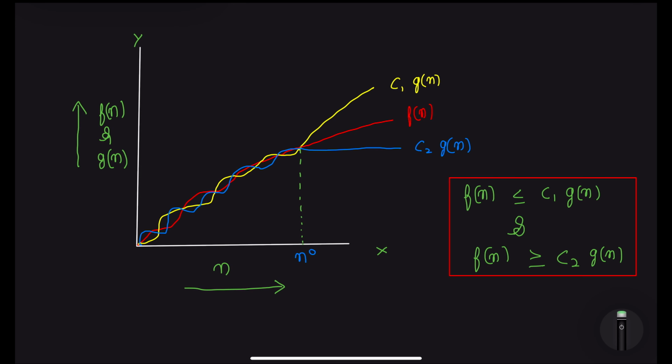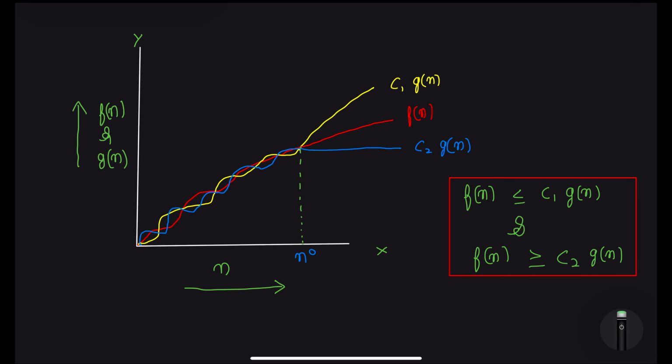Now let's understand theta with the help of a graph. On the y-axis we have f(n) and g(n), and on the x-axis we have n. You can see that until a certain point, which is n naught, all three functions, c1 of g(n), f(n) and c2 of g(n), are in a zigzag pattern. There is no relation between them. But after a certain point, which is n naught, if we take any value greater than n naught, that can be n naught plus 1, n naught plus 2 or anything greater than n naught,